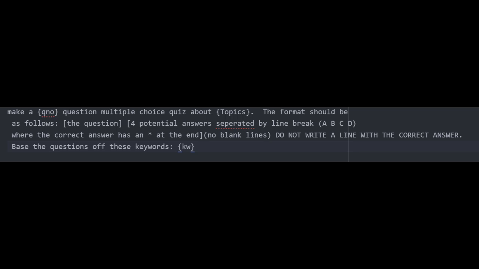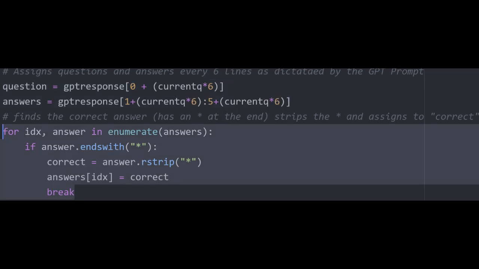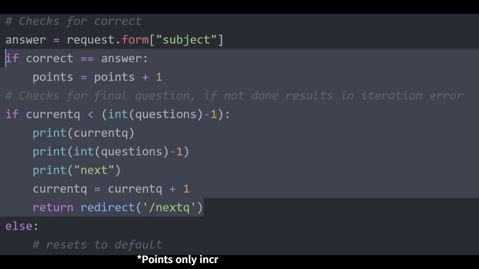Each question is followed by four potential answers, denoted by an asterisk at the end of the correct one, and then a break before the next question. At the moment, the answer is given as a block of text, but the response structure allows the program to iterate through stripped lines in groups of six, extracting the question and its corresponding answers. The parsing algorithm identifies the correct answer by locating an asterisk, removing it, and storing the answer in the correct answers variable. Upon selecting a button, the program increments the point total and progresses to the next question, irrespective of